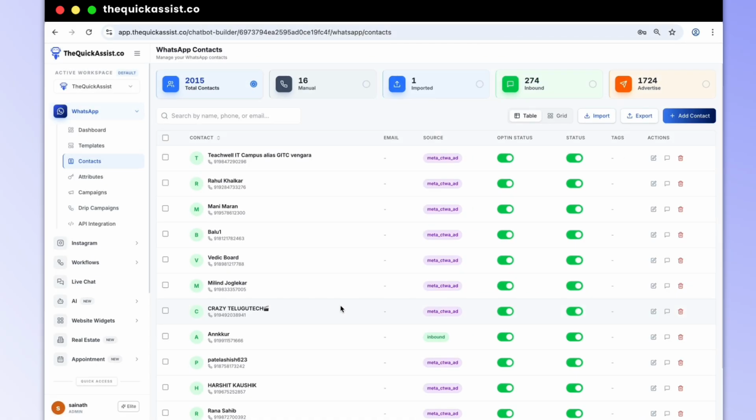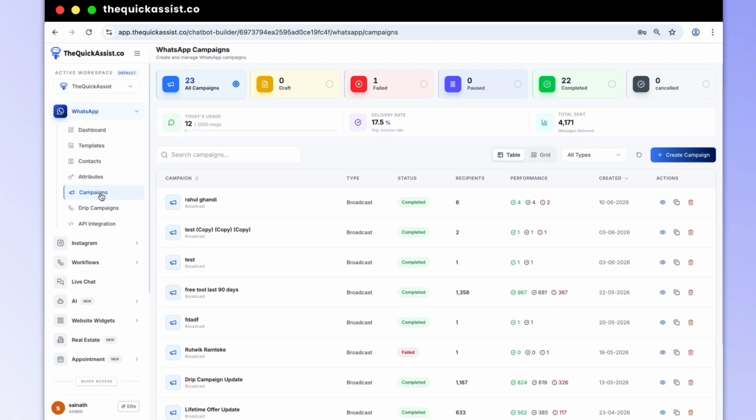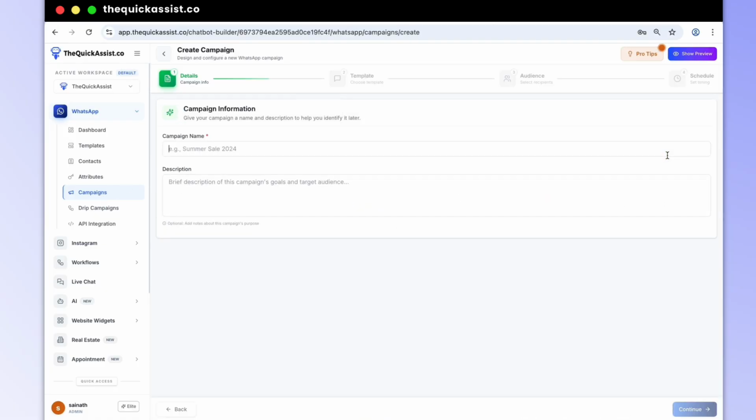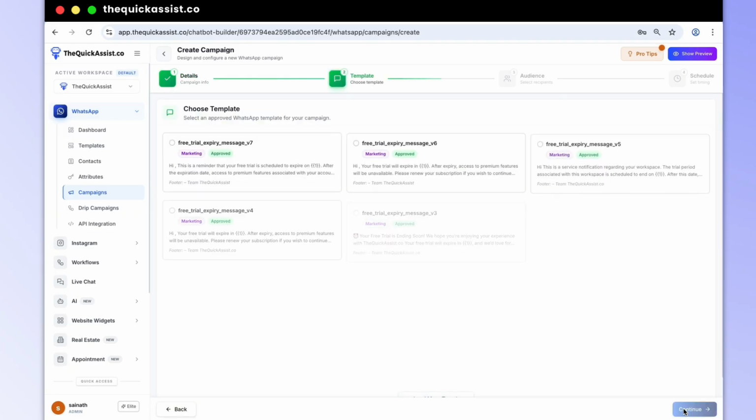If we want to run a campaign, click on the campaign section. After that, click on create campaign. Here you have to give a name for a campaign. Click on continue.